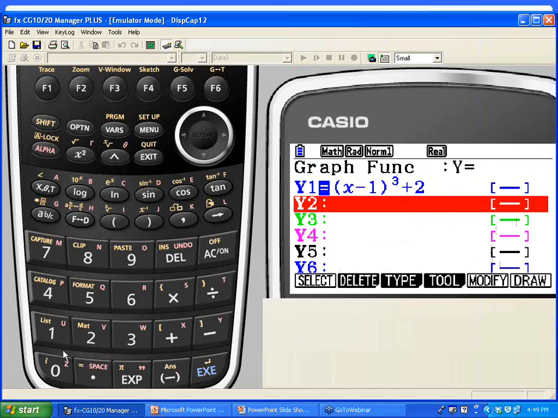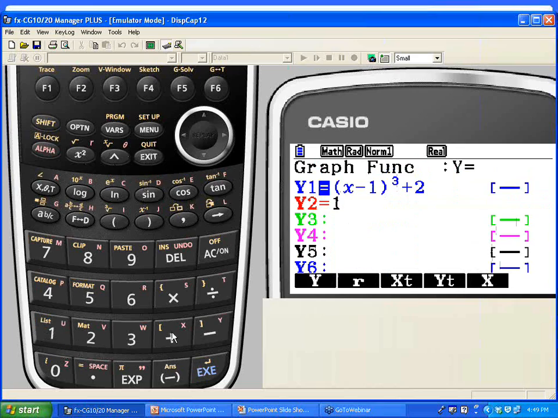In order to input this, I usually put the constant first, 1 plus, and I want a cube root. Now there is a cube root actually built into the calculator above the parenthesis key, but also above the caret key, or the power key, there's an x root, so you can use this one to put in any value.